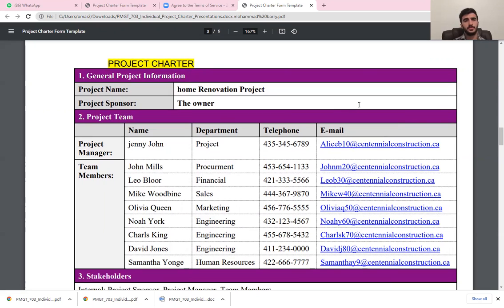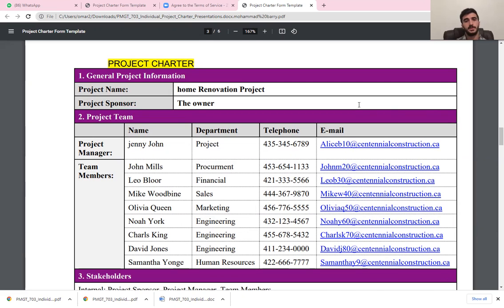Our project is related to home renovation. One of our clients called our marketing department, Olivia Queen. That client asked Olivia that he wants to sell his house. When Olivia visited his house, she asked for the reason for selling it and why people do not just take it. The reason is that the house is old, and Olivia suggested he make a renovation for the house to increase its value more than before and then sell it to customers. That makes sense for the client and he liked it, and wanted to start working on the renovation immediately.